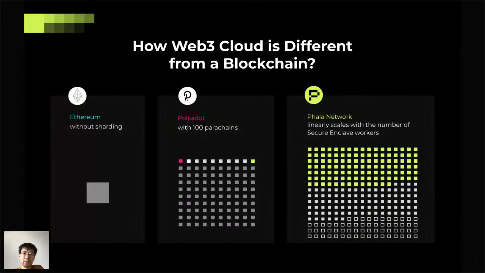And on Polkadot, they try to solve this problem by deploying, I would say, multiple Ethereums, right? Each blockchain in Polkadot is considered a parachain, and Polkadot connects all these parachains together. In this way it can support about tens of parachains. So this means it can achieve tens of times the computing power compared with Ethereum.